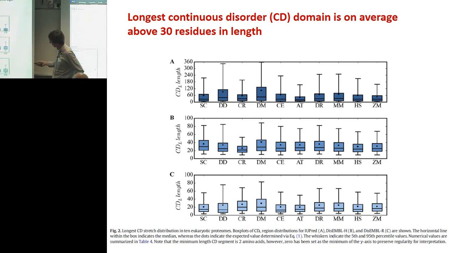If you use hot loops or the REM algorithm, the numbers go slightly lower, but still 30 seems to be around the mean. And this one in here is slightly low. So this idea of having 30 continuous residues in length to measure disorder is now completely debunked the moment we have done the statistics. In fact, if I were doing the statistics, what I want to make sure is that a highly disordered protein should be somewhere outside the box, well beyond the regular percentiles, because that's the point where I would know if a protein is anomalous.